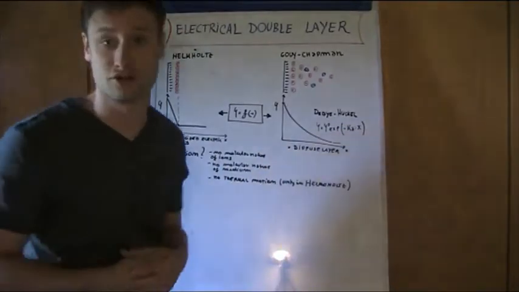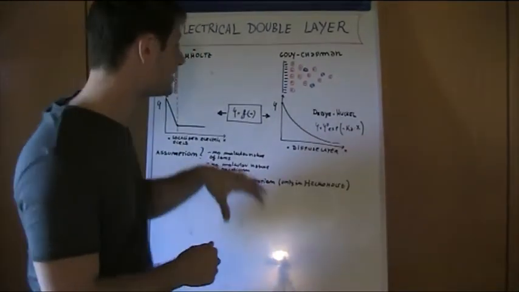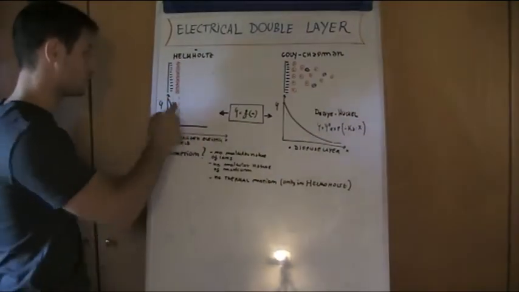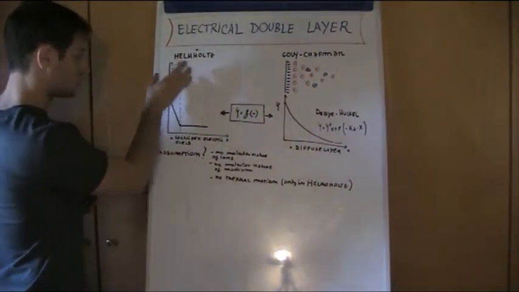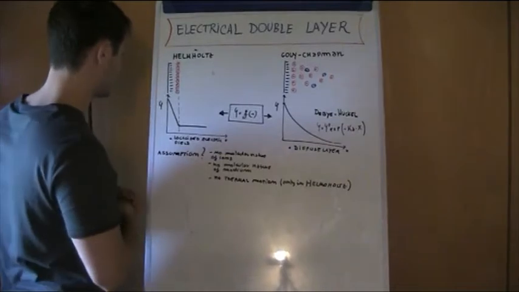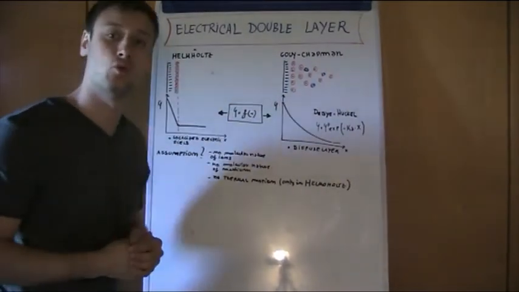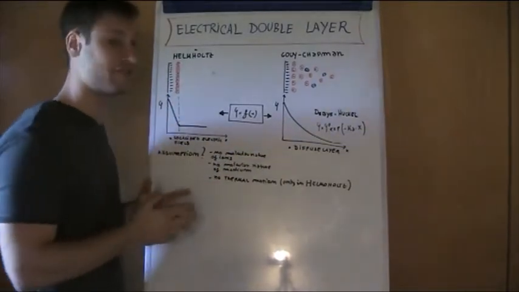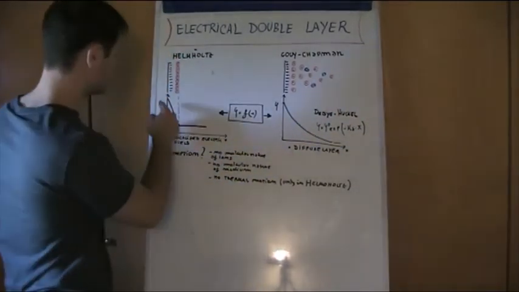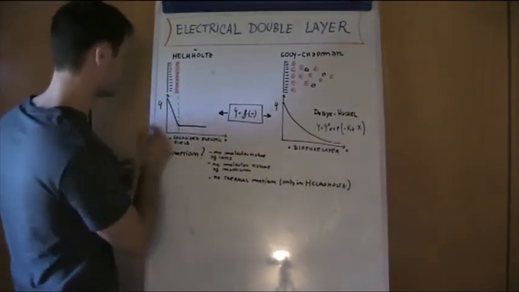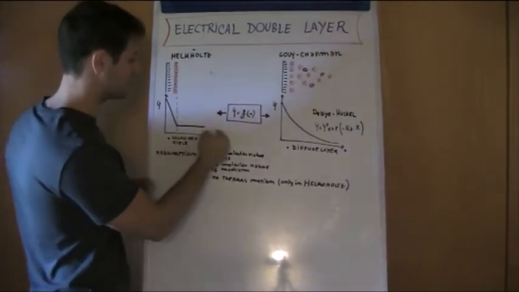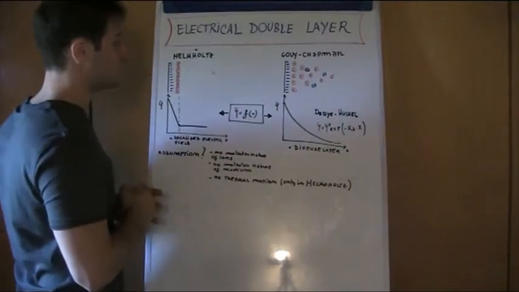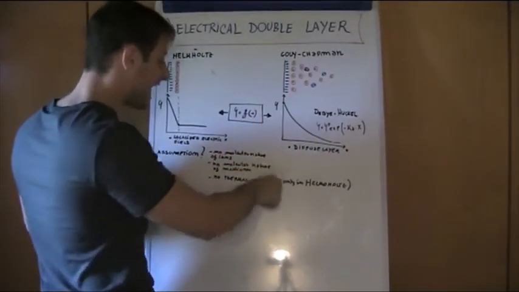So I want to start this new video just summarizing the main concept of the previous lessons regarding the Helmholtz model, in which the total compensation is achieved in a well-precise zone with a single layer of bound cations, ensuring an electric field completely localized and so a potential profile that decreases in a well-precise region and then is still maintained constant. Whereas in the Grahame-Chapman model, we know that due to the lack of